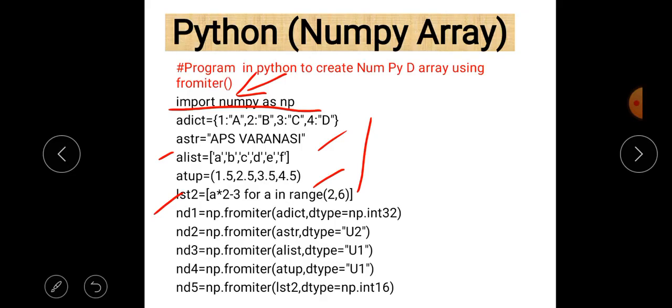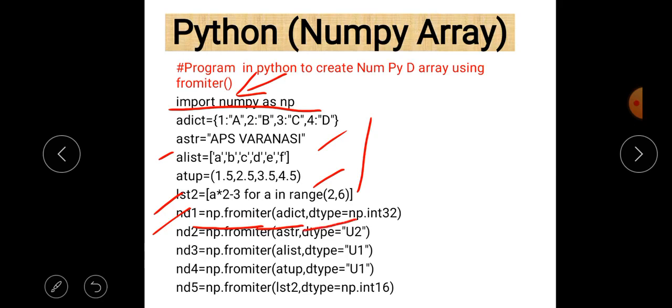Now it's time to create an array. The first array is nd1. We write nd1 is equal to np.fromiter. Fromiter is the name of the function, and we pass adict as a parameter, which is basically a dictionary, and we also define the data type using the dtype parameter.